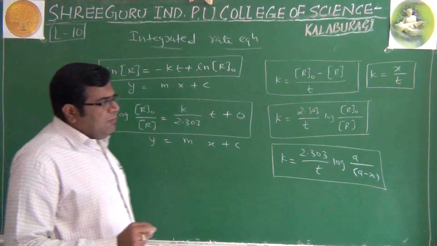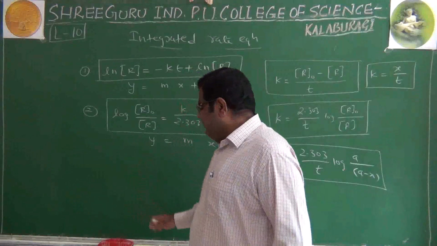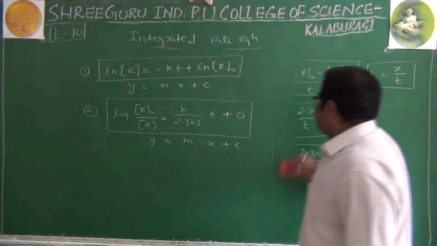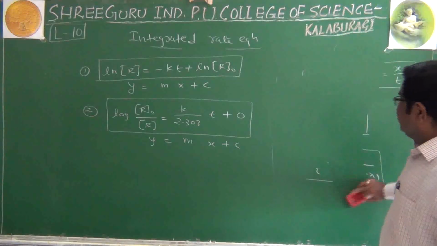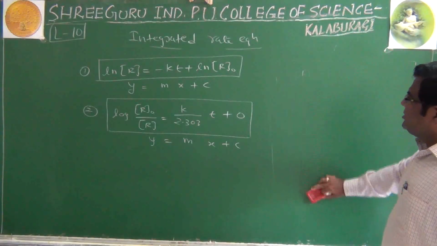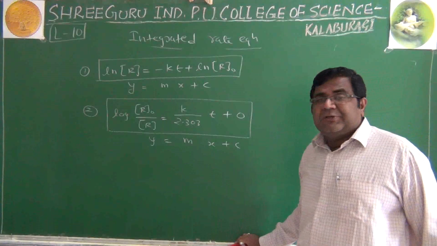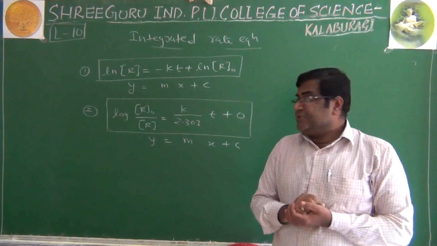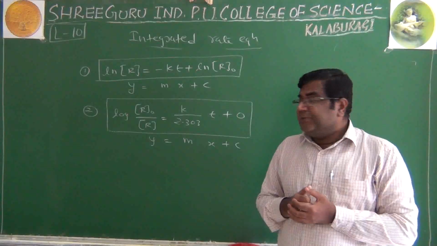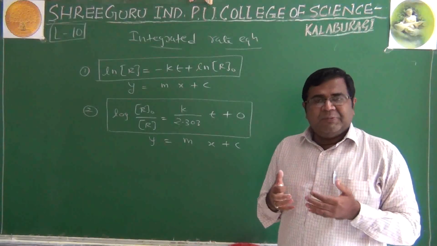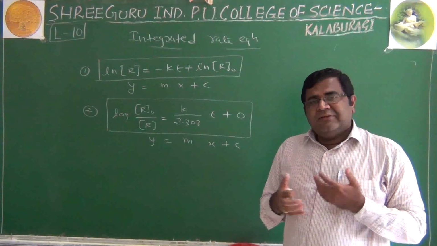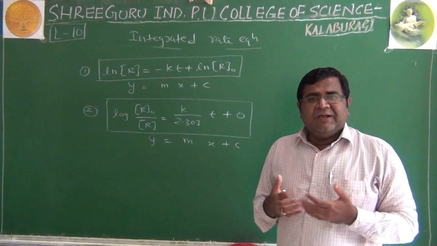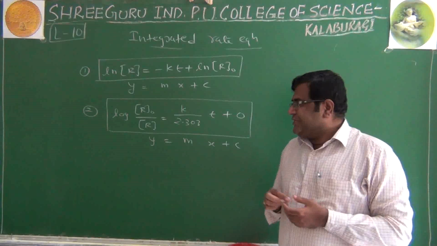Now today we will go to the third type of graph. Remember, in recent examinations these questions on graphs are very important. They are giving a graph in the question and they are asking which order of the reaction the particular graph represents. So you should be very comfortable with the derivation of the equation, the kind of straight line equation we come across, and its graphical representation.